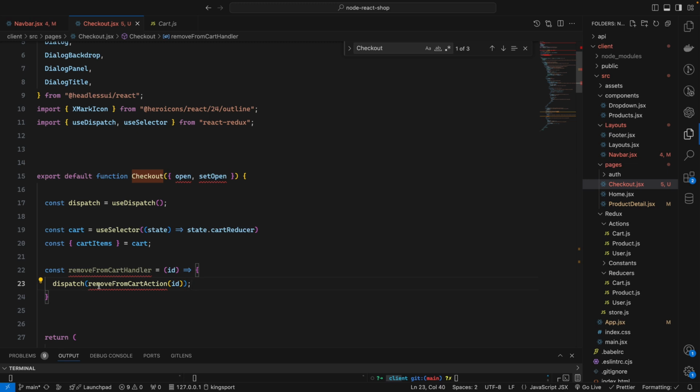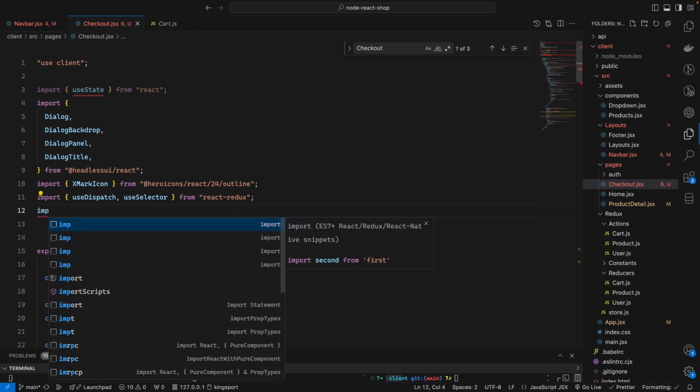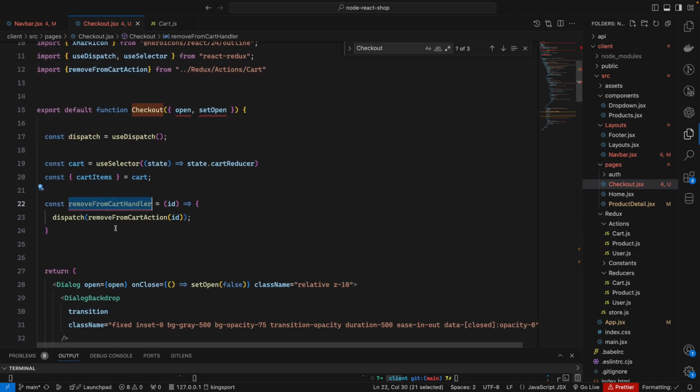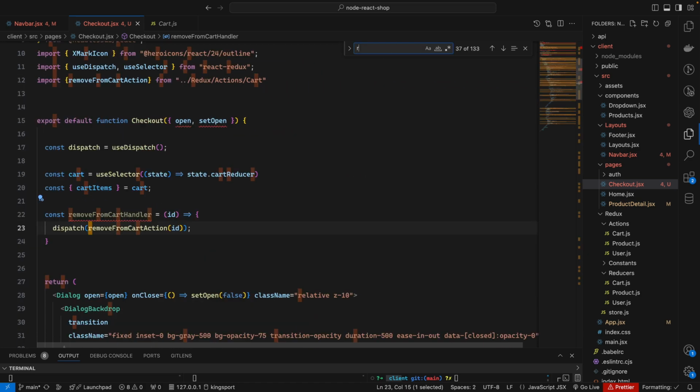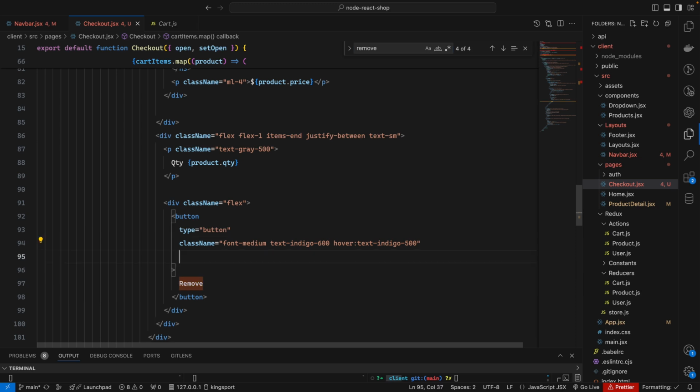Yeah, so this is pretty much about it. So we have to import that remove from cart action, import remove from cart action from redux/action/cart. So we have our action, so I will use that. I will say remove, we have the remove button. So if I click this button, I will be removing the